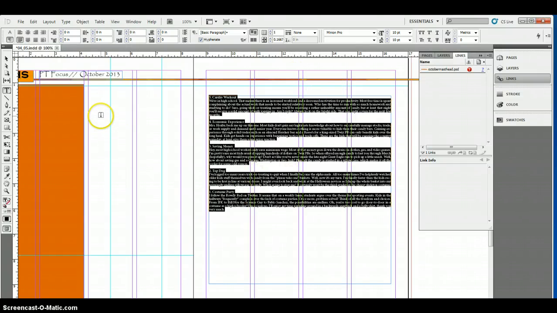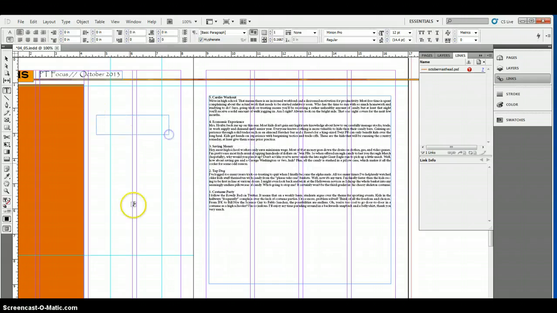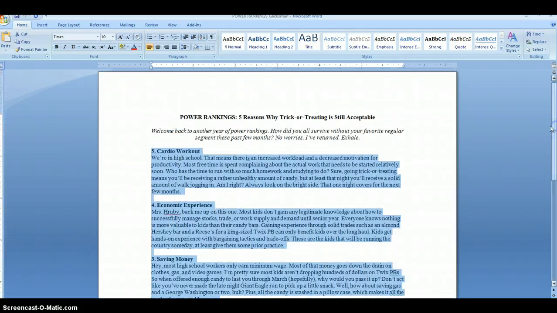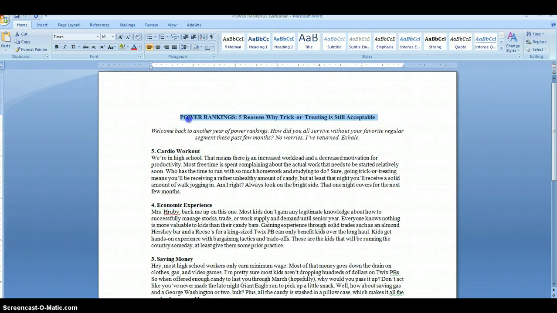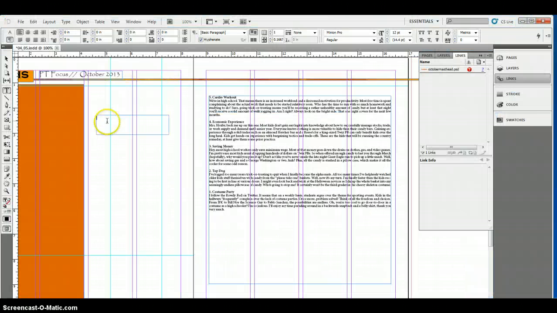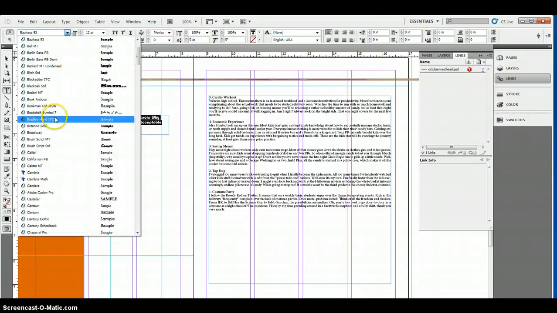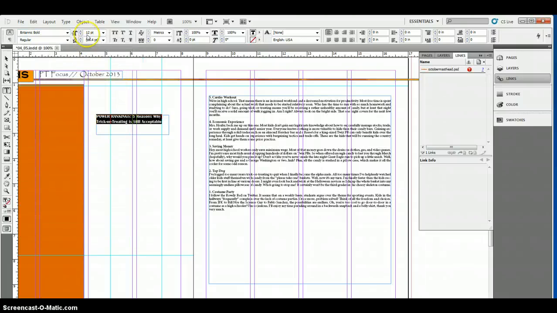And then the next thing I'm going to want to do is create another text box, and I'm going to go down to his power ranking article, copy his headline, and I'll Control V and paste, and then I'm going to change it to the appropriate font, which is Britannic Bold. So I'm going to find it here, okay, and then it's 24 points. I'm going to change it to 24 points. That's going to be a little bit